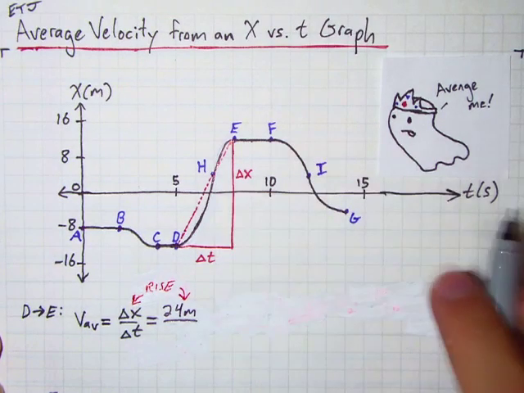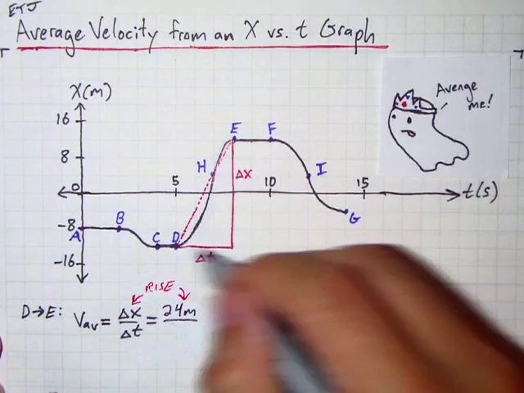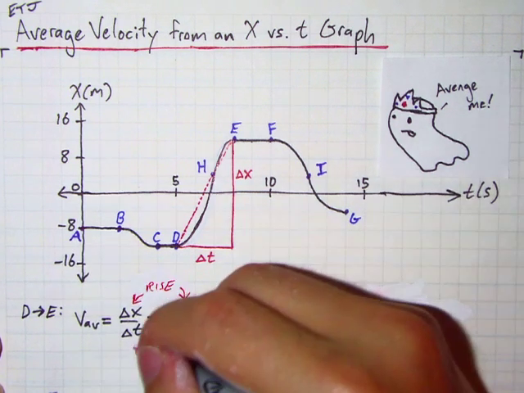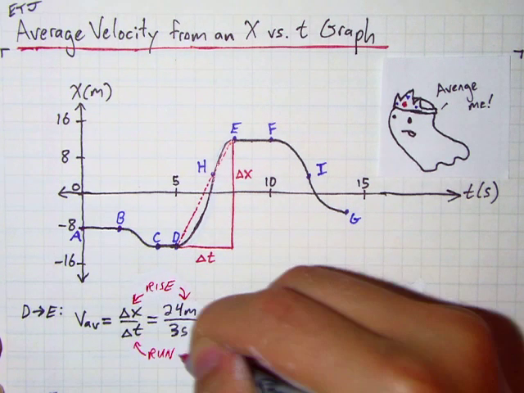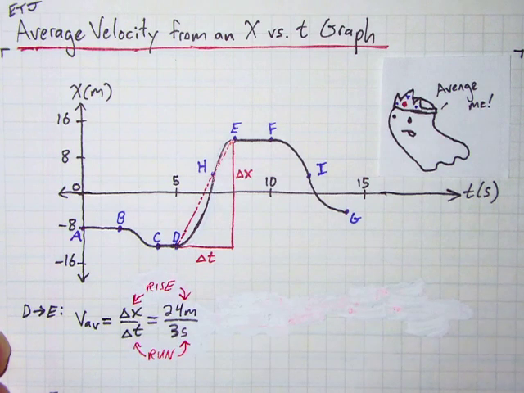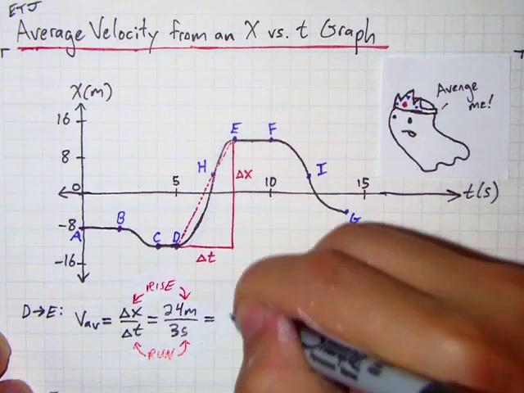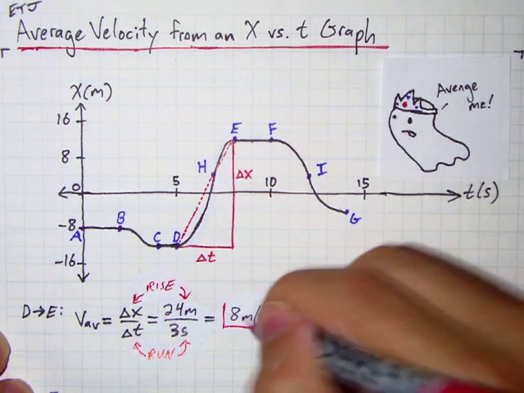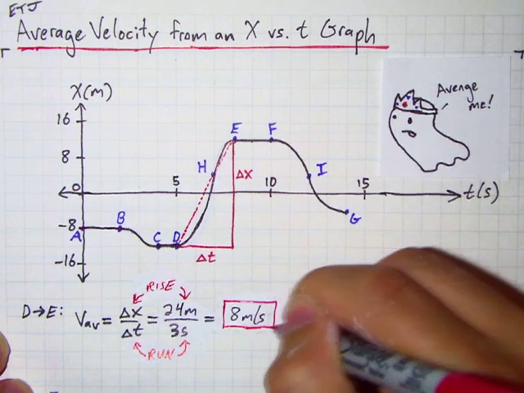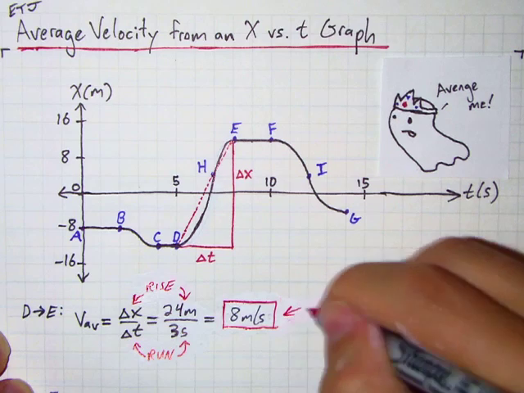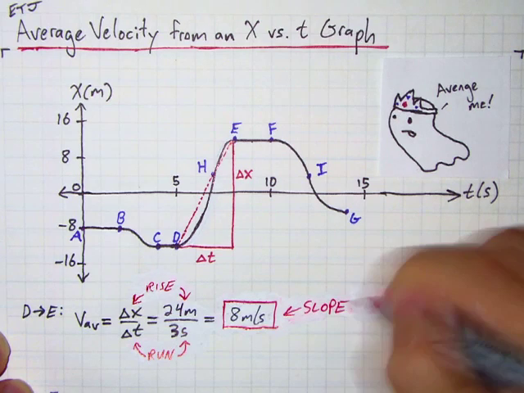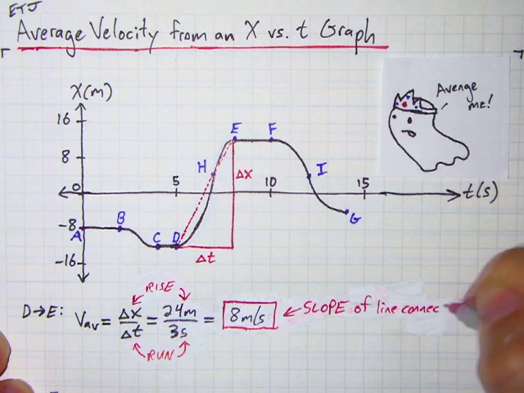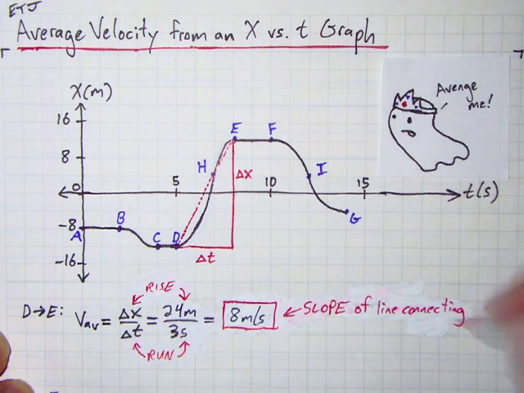Likewise, the time interval, delta t, 3 seconds, that looks like our run. So delta x over delta t, which works out to 8 meters per second, is exactly the same calculation we would do if we were trying to find the slope of that connecting line. Slope of the line connecting those two events,